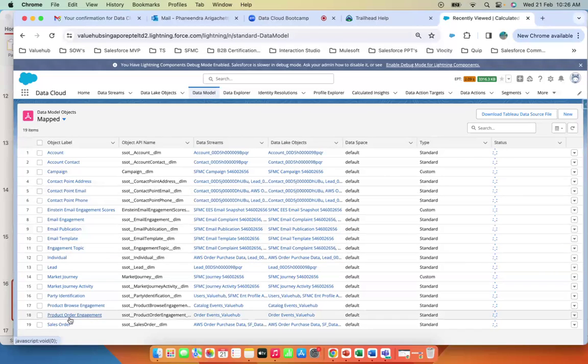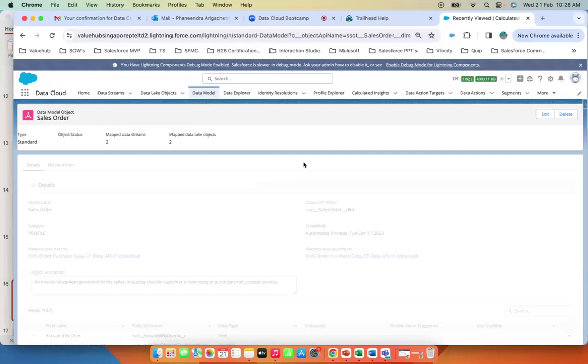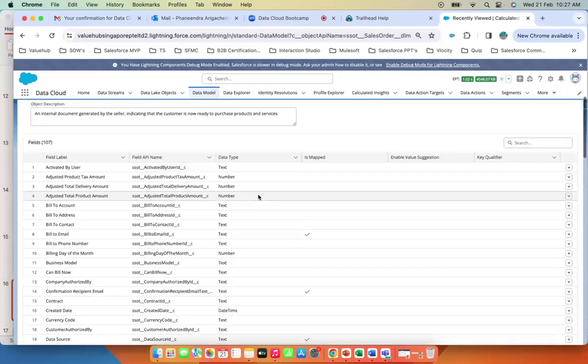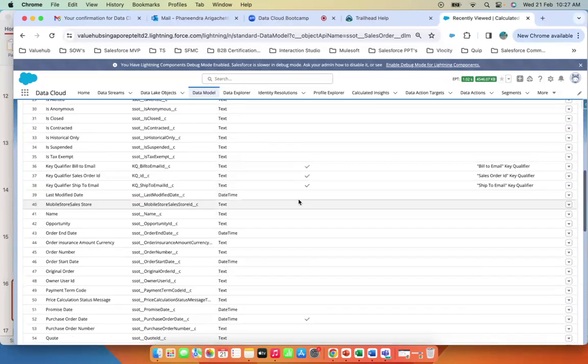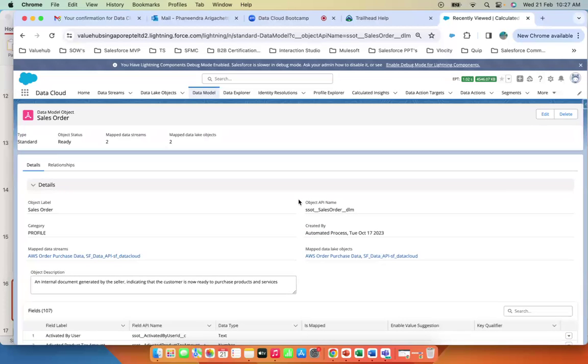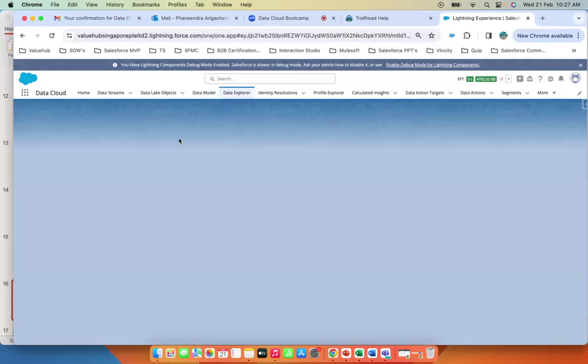And consider this one, a sale order, where a transaction has been placed in POS systems and then integrated to S3. From S3, we've integrated it to a data stream. This sale order has multiple attributes, which include your sale order transaction details, including the sale order amount and the date of transaction. So if you look at the data explorer,